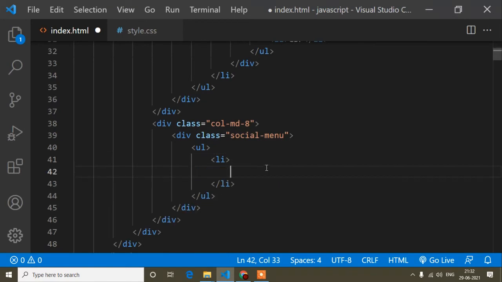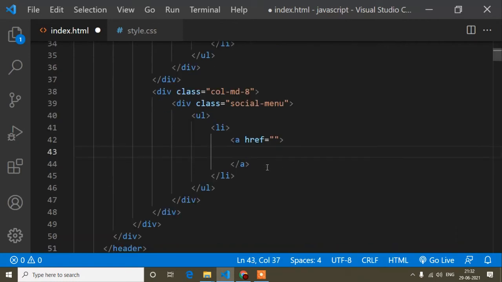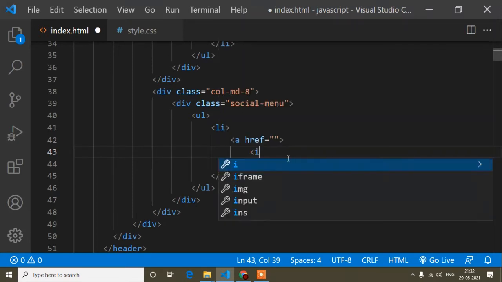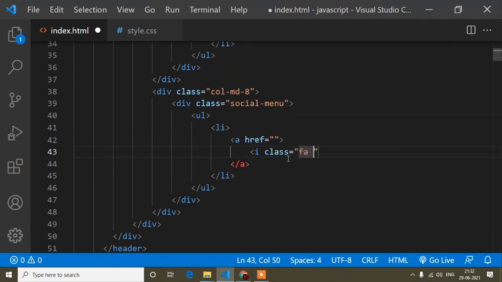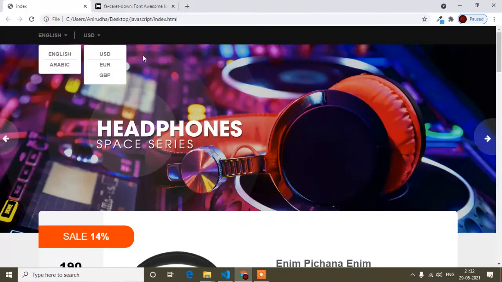So now you will write li, and inside this li I will write the anchor tag, because when I click on this, I want it to redirect. Like here I will add a Font Awesome icon. The icon is an i tag with class fa, where fa is for Font Awesome. When we write Font Awesome, fa is a must, and after that the icon class. So here I will write the Facebook icon, fa and then Facebook. I remembered this icon name, so I didn't search on the Font Awesome official site.